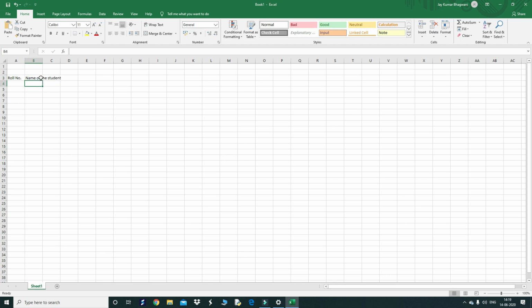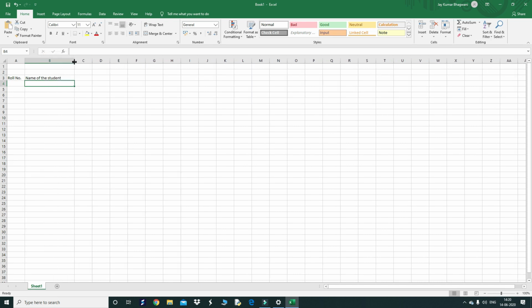So I can increase the size of the column by simply placing the mouse pointer between B and C column this way. See, the mouse shape changes, there is a plus sign. Now click and you can drag it. So in this way you can change the width of the column.